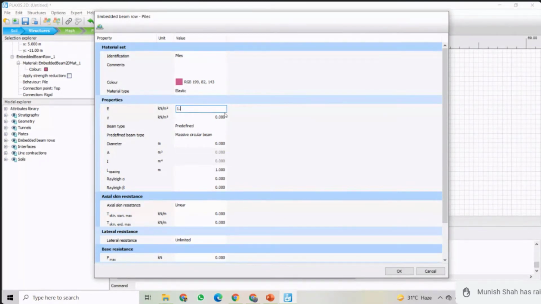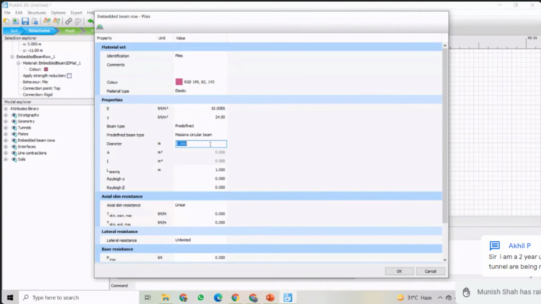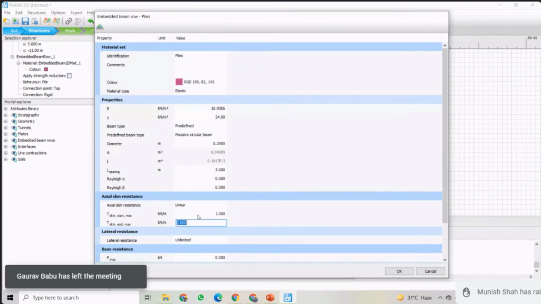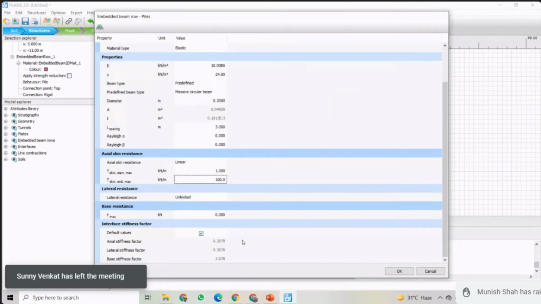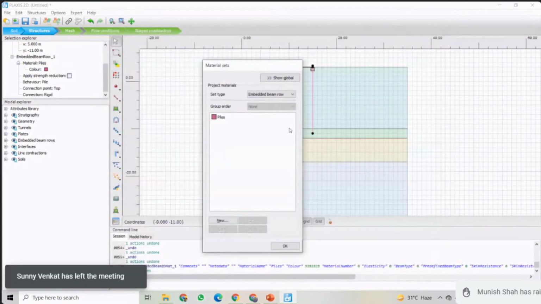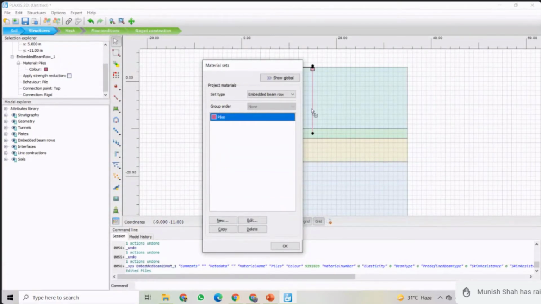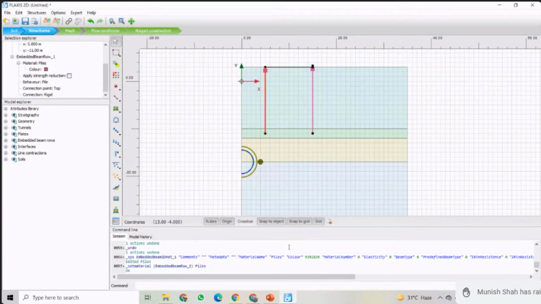So this will be 1.0 E7 first, gamma will be 24, and diameter is 0.25, then spacing is 3, then this is the skin resistance, this will be 1, and then this is 100. And this will be the default value. So now I can also assign this one. So both will be assigned by the file option.